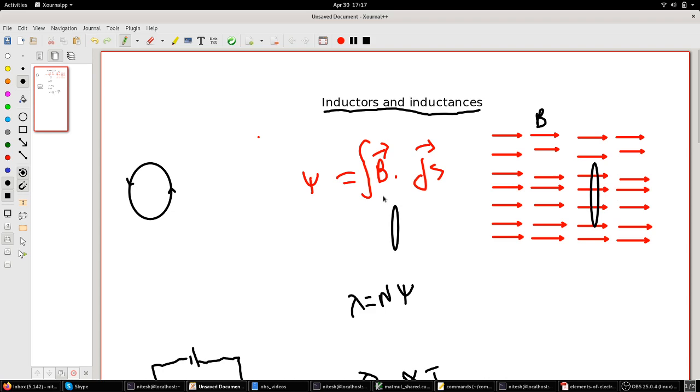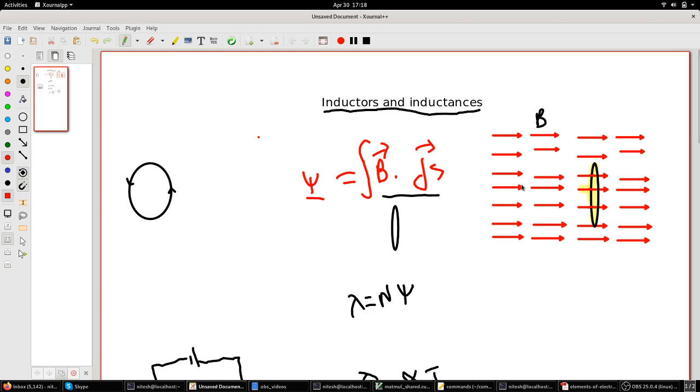then the integral of B dot ds passing through this particular loop is given as the flux. That's the first definition. So you can say that this is the face of the loop, this yellow feeling that I have, the hollow thing. So this will give you whatever magnetic field passes through this hollow area of the loop, into the ds, the area, will give you the flux.